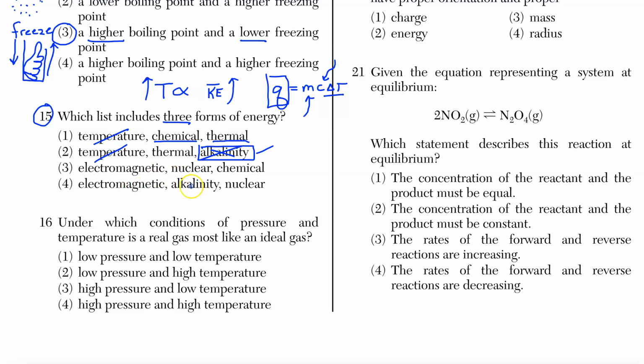All right, so we can know that alkalinity is not a measure of energy, as we just said. It's a measure of basicity. And you think of alkaline earth metals, right? That's the column 2 metals like beryllium and magnesium and calcium, right? Those are all, well, at least some of them make strong bases, and that's why you hear the word there. So that's gone. So it's going to be 3, and if you're not familiar,